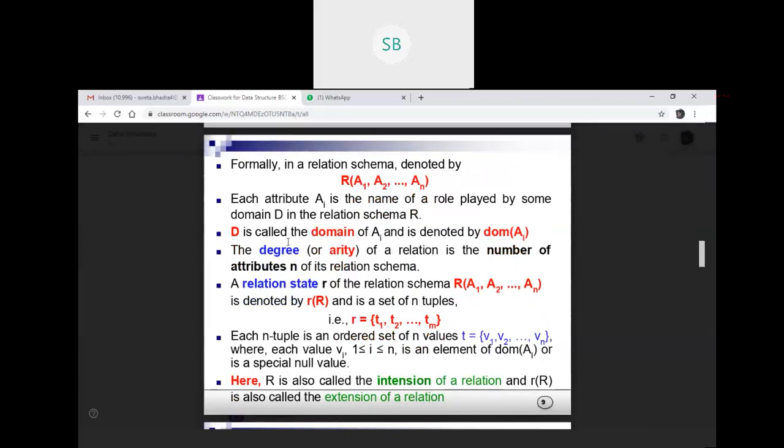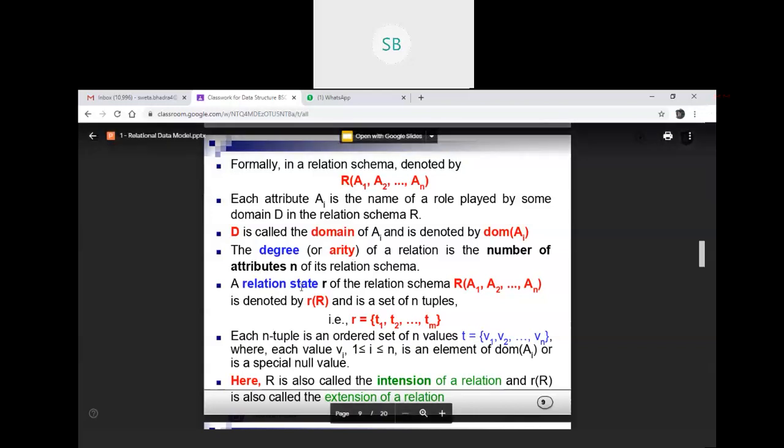So it's the attribute. D is the domain of A and is denoted by dom of A of i. The degree or arity of a relation is the number of attributes. I discussed in the last class also that the degree of any relation is the number of attributes, and the degree is also known as the arity.